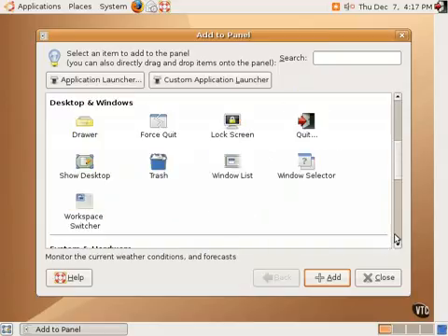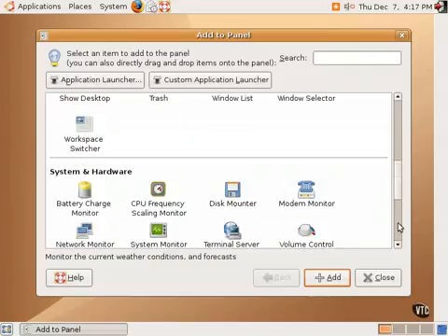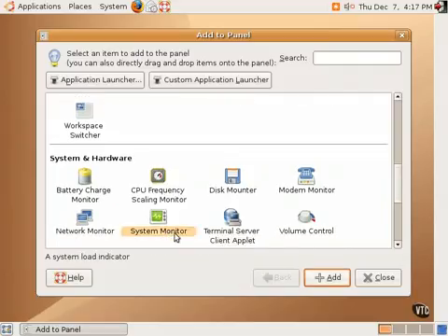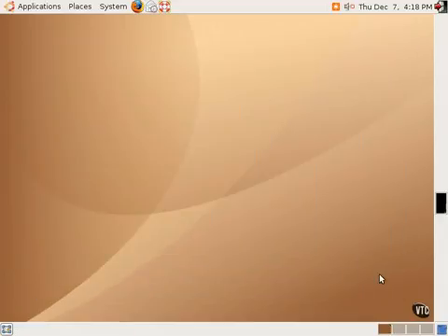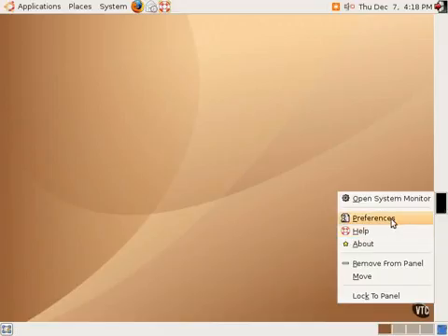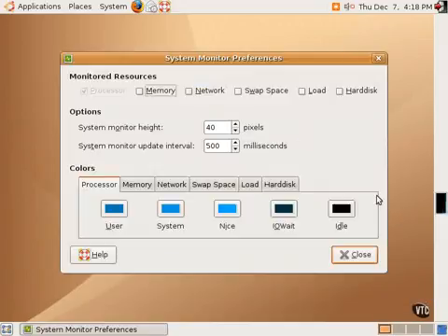Various icons to do things such as show the desktop, the trash, various system monitors and things like that are available. The system monitor applet shows the load, the CPU usage, and things like that. As you can see, I just added it to this new panel over here on the right. Right-clicking on this system monitor applet allows one to change the preferences of what's shown. If we want to see the network connection, we can add that, and as you can see, a new box